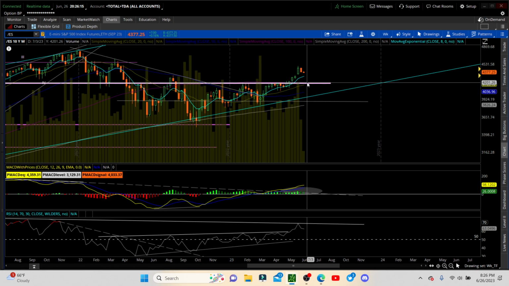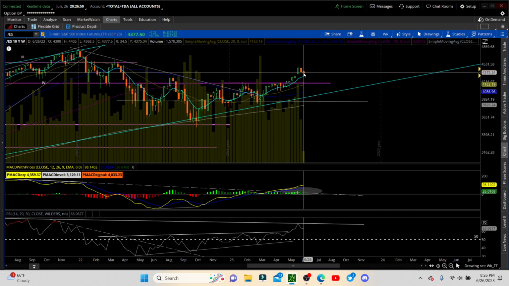And then we got that inside Harami candle, so it doesn't look like much volume in there. And it was a short week anyway. So we're looking for continuation to the downside if this is to happen. With this Harami move, we're breaking to the downside. If we close this week underneath, then that's a confirmation of this reversal pattern. So that's something else to look for.